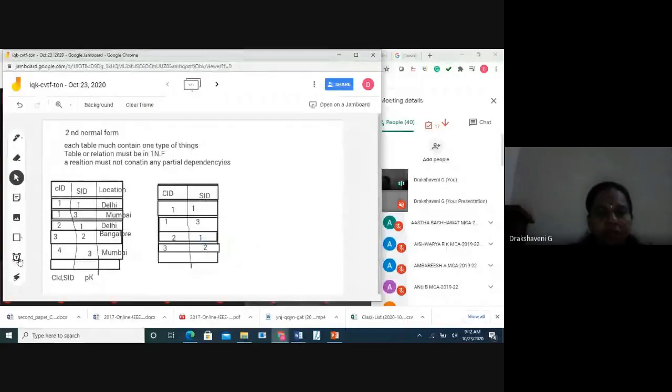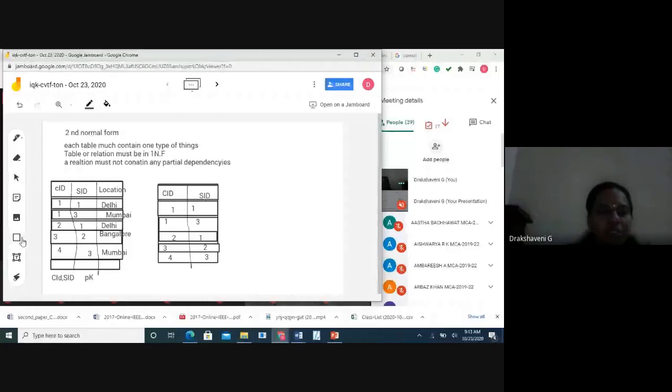Okay, and the last one, Ambrish. Ambrish's number is 4. Customer ID is 4, and he will go to store 3. Okay, this is one table. So at least you can see in this table, this is one way. So one more table we have to form. So how do we form this?